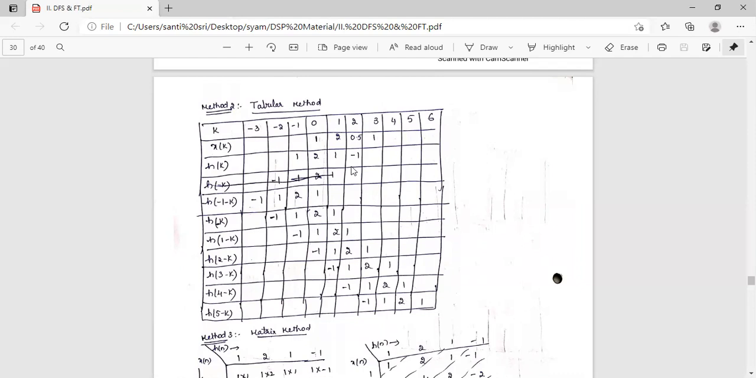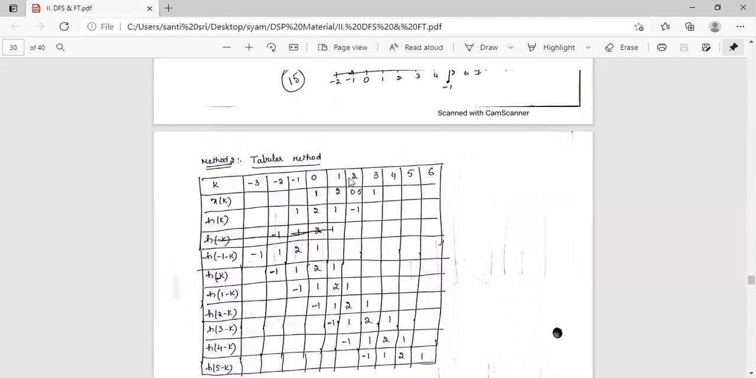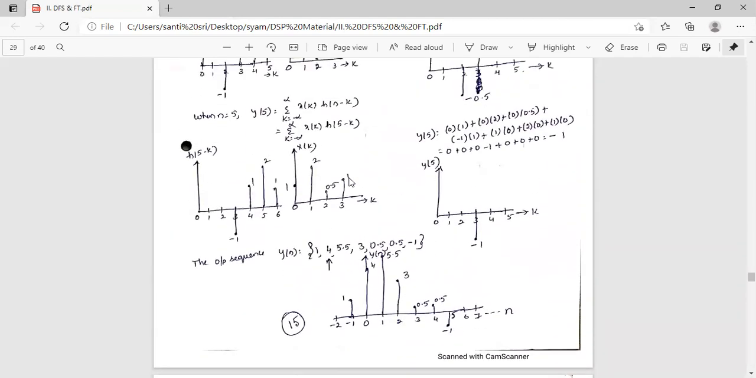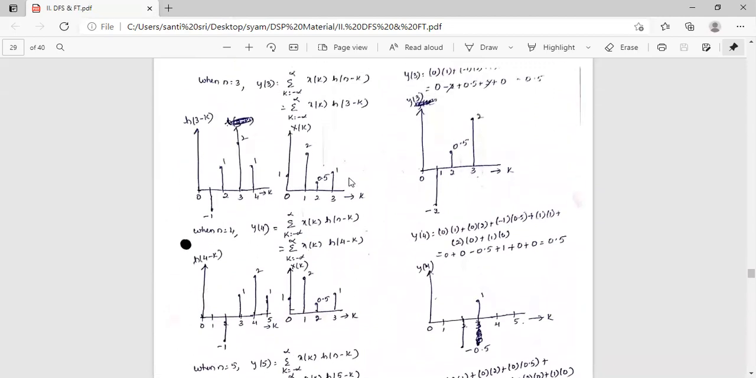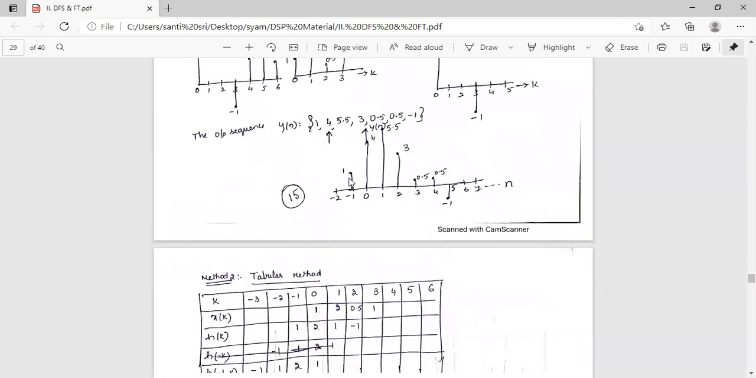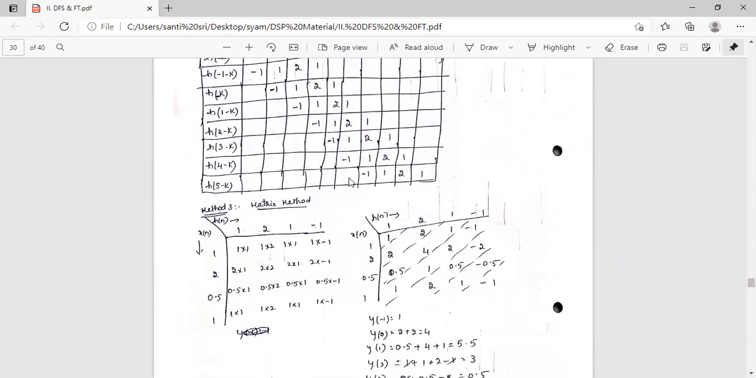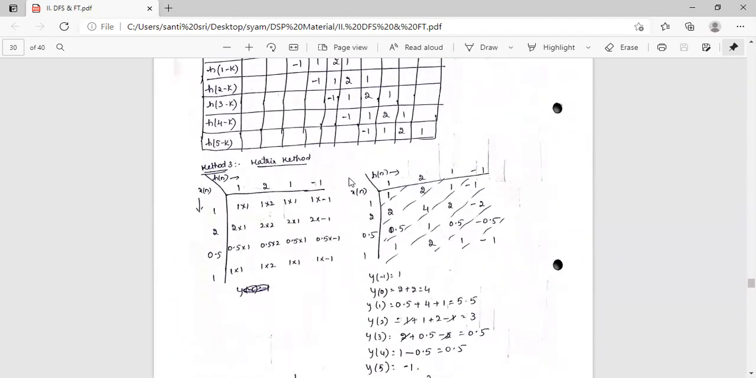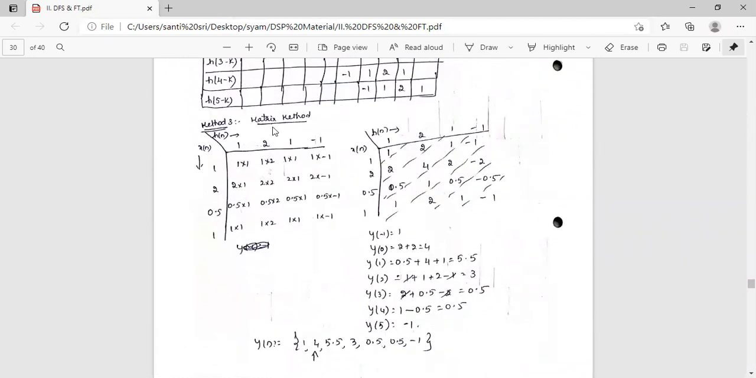Like this, we can write these values in this tabular method. So this is a tabular method. We can take these values from the above graphical representation. This is one method of finding the linear convolution. And the next method is the matrix method. Okay, matrix method. So in the matrix method, we can take the x of n values and h of n values